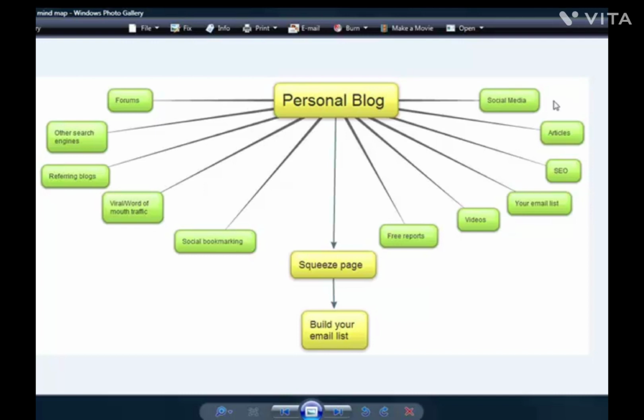Create articles. EzineArticles is a good directory, there's lots of other article directories out there, so spread yourself around and get your articles out there, driving traffic to your personal blog. SEO, so this is going to be from Google, Bing and Yahoo,